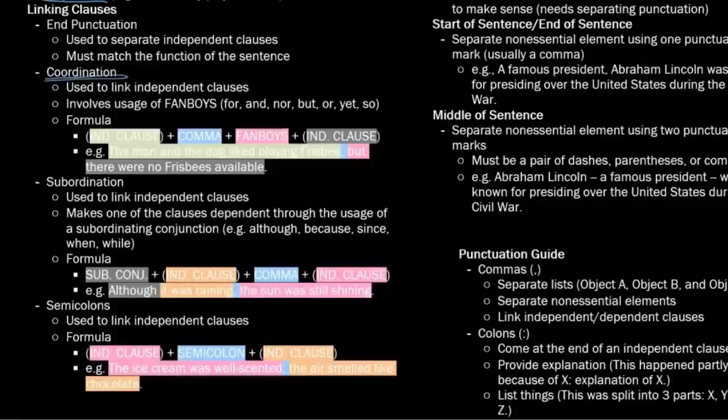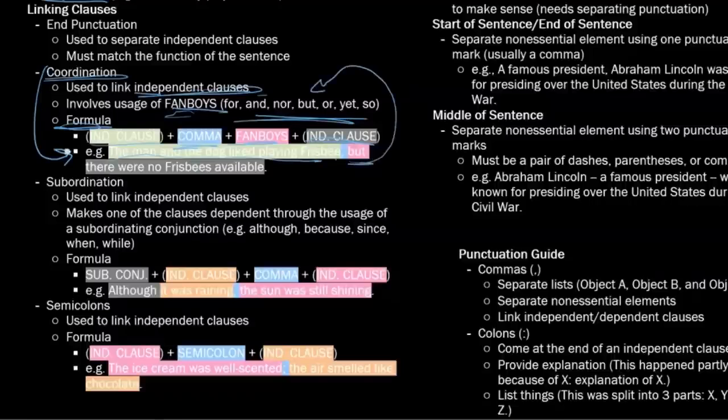Now, coordination is our first way that we use to link independent clauses, and we need to use FANBOYS. What's FANBOYS? It's an acronym for for, and, nor, but, or, yet, and so. Okay. Now, we're going to use this formula here. Okay, and you should memorize these also. Independent clause plus comma plus FANBOYS plus another independent clause. Okay, this is how you link using the coordination skill. So you have a first independent clause, then you add a comma, a FANBOYS, and another independent clause. So let's say we have our first here, this is an independent clause, comma, this is one of our FANBOYS, then